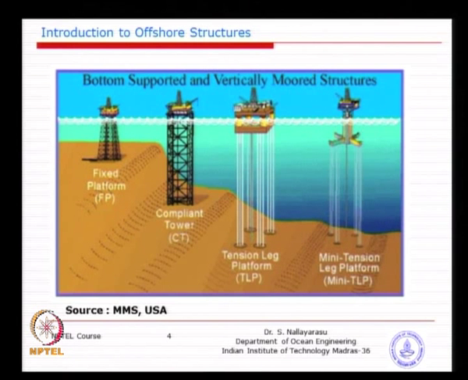But after the 80s, many of these floating solutions have come up, which means, depending on the time and the technology available in those days, even building a jacket would have been a very big challenge. In the 1970s building a jacket in 100 meter water depth was a big worry, but today building a jacket in 100 meter water depth is a simple exercise. Many contractors can do it, whereas building a TLP or other types of floating systems even today is a big challenge, because the systems have been continuously changing.